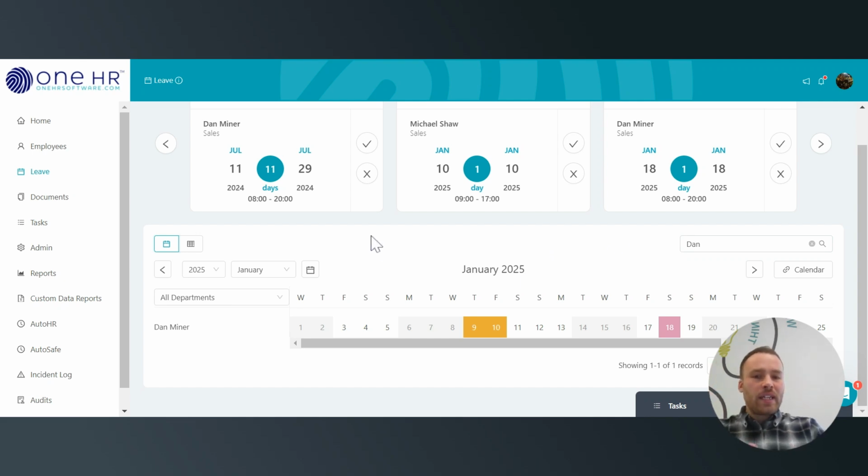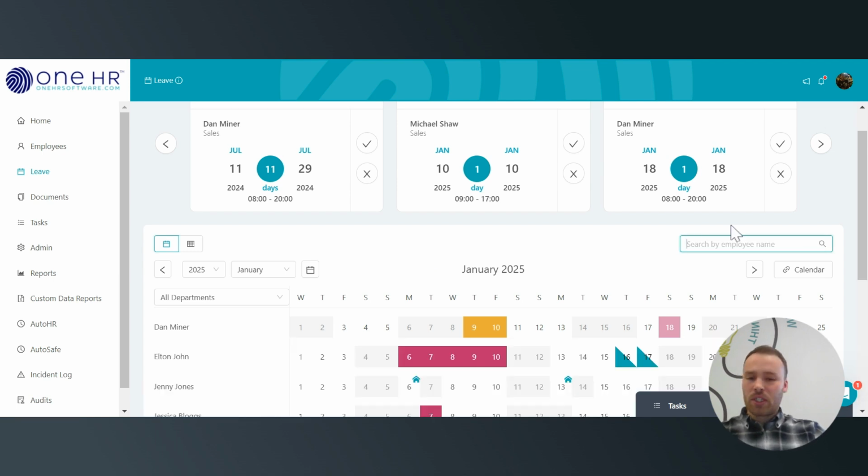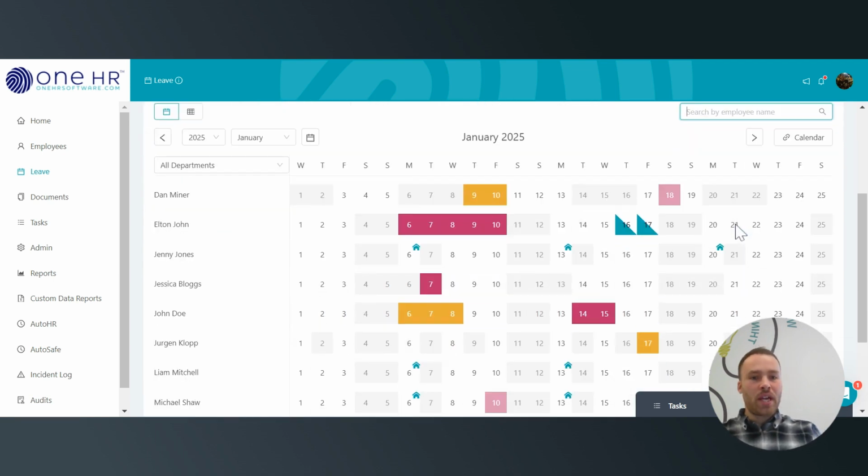So that's our leave and absence calendar. As I say, I'm sure many people are familiar with that already, but it's always a great time at the start of the year just to reflect upon how you've been managing it and how you want to manage that moving forwards as well. So the next area that we're going to look at is our reports area,